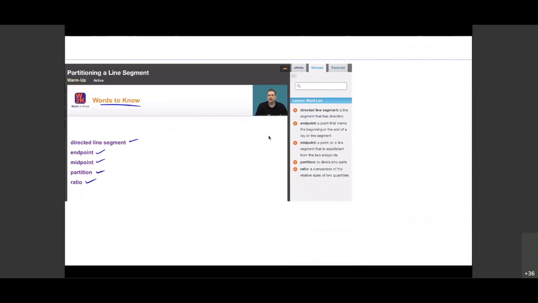So we talked about the distance formula. We talked about writing equations. We have two more things I want us to talk about: partitioning a line segment and a little bit of proofs, because it was requested that we talk about proofs earlier today. So I took a picture here, and I took this picture because I wanted to point out to you